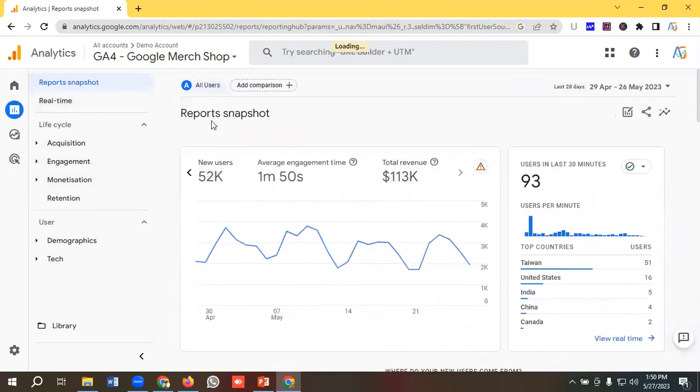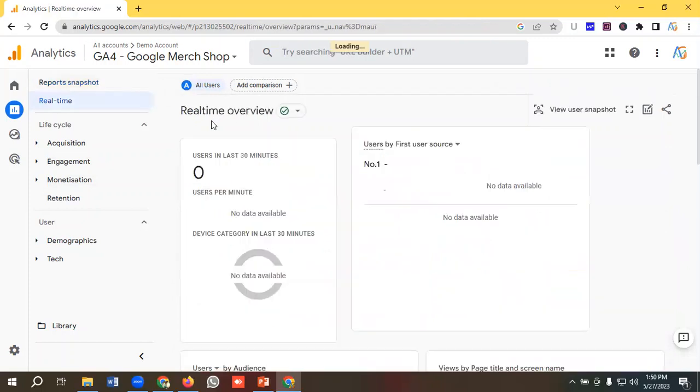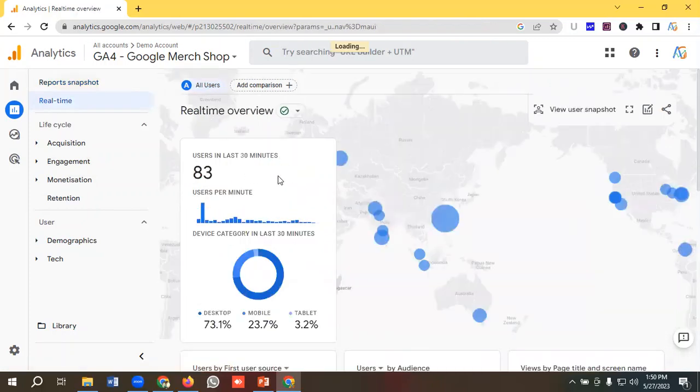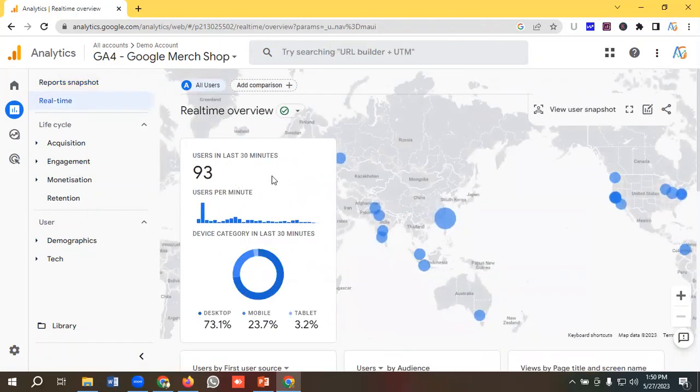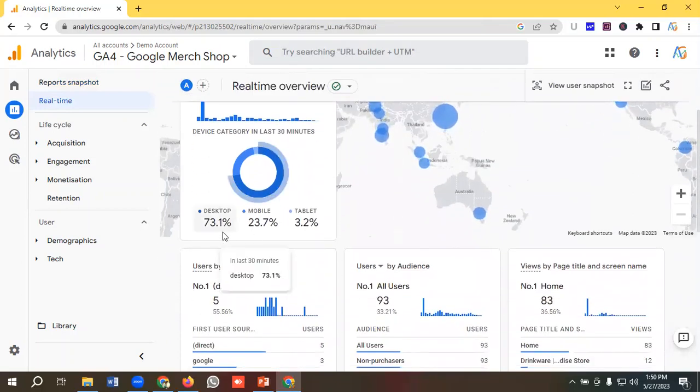And if I go to the real-time reports, then you will see the last 30 minutes data over here. Like in the last 30 minutes, we got 93 users, and among them 73.1% are desktop users, 23.7% are mobile users, and 3.2% are tablet users. Okay,